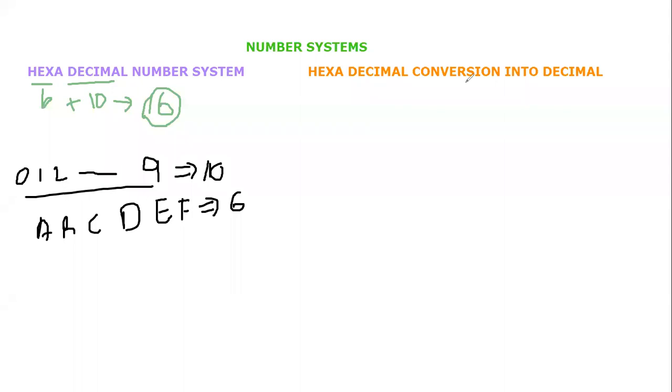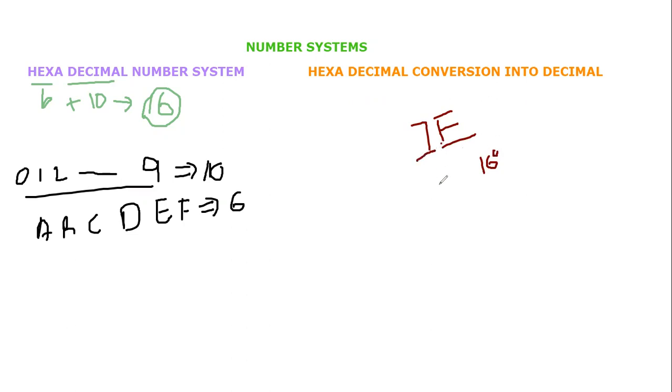Okay, I'm going to take an example of a hexadecimal number. Let's say the number is 7F, and I want to convert it into decimal. The formula will remain the same. We need to know the worth of every position. This is the zeroth position, so its weight would be base raised to 0. That means 16 raised to 0, because its base is 16, or hexadecimal.